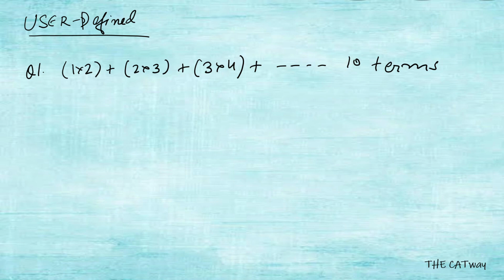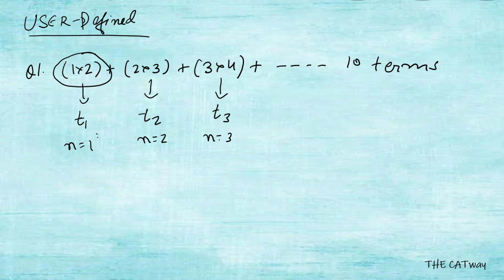So what we do is, we consider this as term 1, this as term 2, and this as term 3. Whenever we consider this as term 1, we say n is equal to 1, here it will be n is equal to 2, and here n is equal to 3. Now we write term 1 in terms of n. Since n is equal to 1, the first number is n, multiplied by 2. What is 2? It is n plus 1, because n was equal to 1, so 1 plus 1 is n plus 1. This is what we have for term 1.